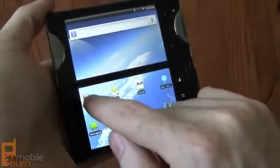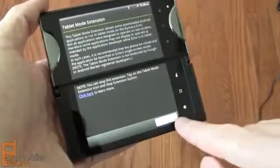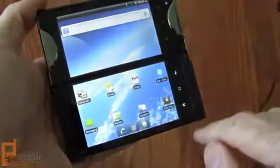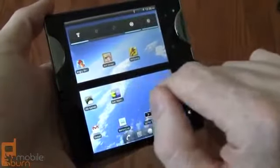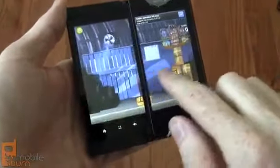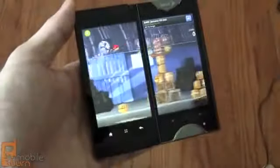What we got here is called tablet mode. It's an extension that Kyocera has put together to try to make more applications run properly in tablet mode. So I've turned that on. What I'm going to do is pull up some games here so we can take a look at them. So here you can see I've got Angry Birds Rio running in the tablet mode,